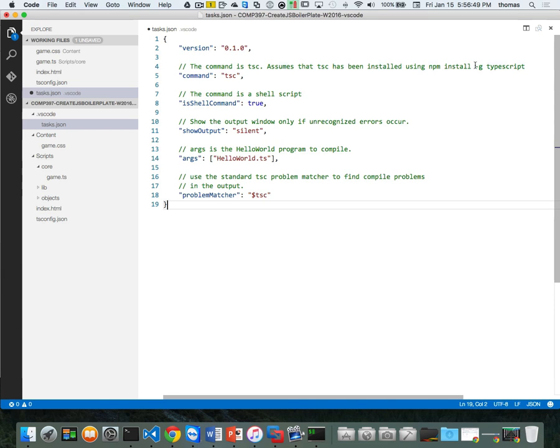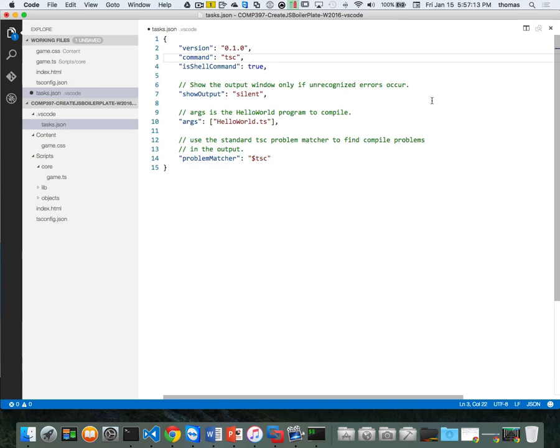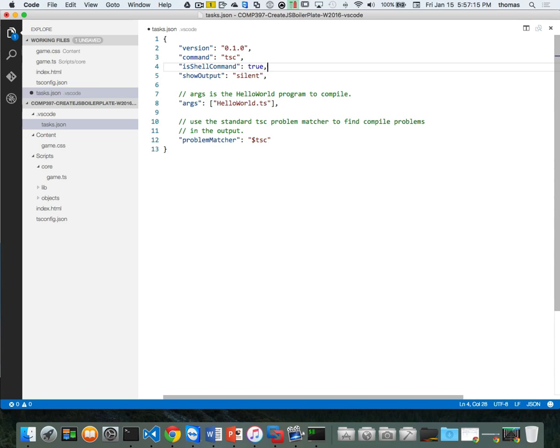And notice what it says here. It says the command is tsc, and it assumes that tsc has been installed using npm install -g TypeScript. So that tells you right there you need to have this installed, and it has to be of a version. One thing it's not telling you is it has to be of a version that's greater than 1.5, or else it won't work. Okay, and then I'm going to get rid of all this, and rid of all this, and really make my file a little slimmer